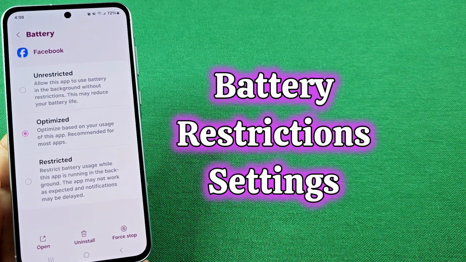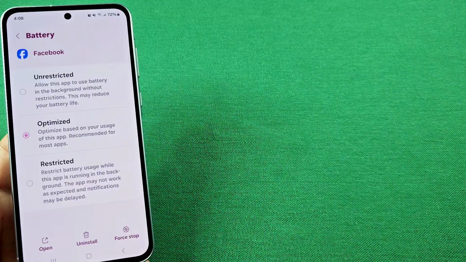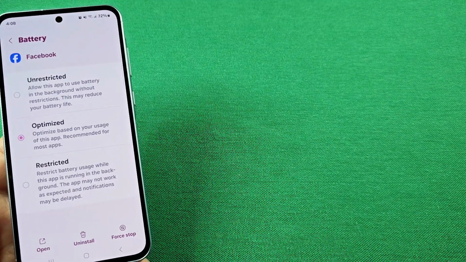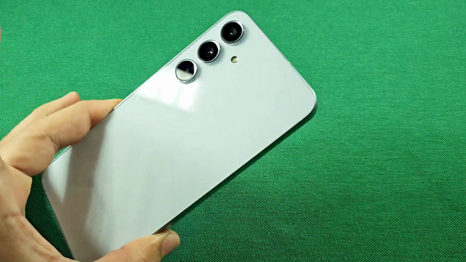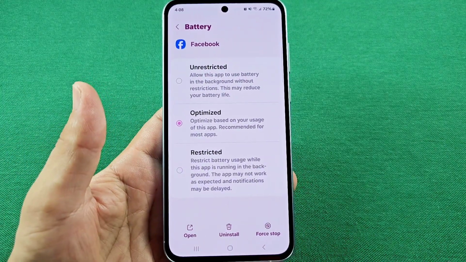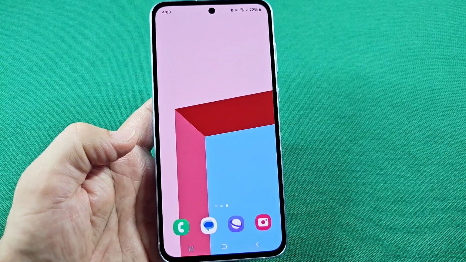Here's a simple way you can set some restrictions on the battery usage for a particular app, or you can go about doing this for all the apps on your Galaxy A55 smartphone. And this is with Android 14. Let's do it. So let's just say you have an app that's running in the background constantly